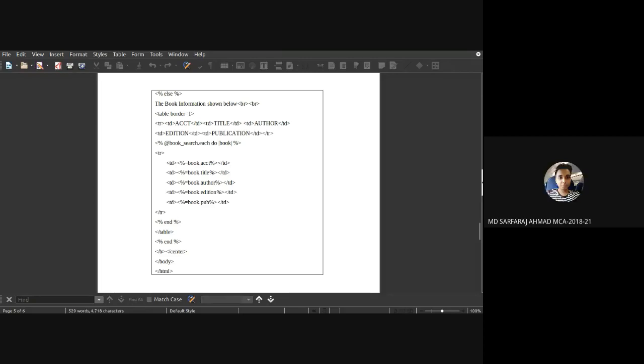But, sir, where is it ending? It is ending after this table, the first table. You can see here there are two ends, sir. First TR and then end, and after the table there is one end, sir. Yes. See here, one end for this table, and another end is for this book-search. Okay, sir. Okay, scroll down.